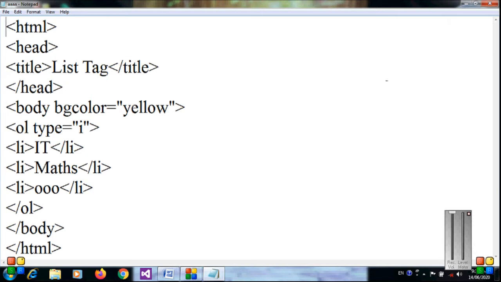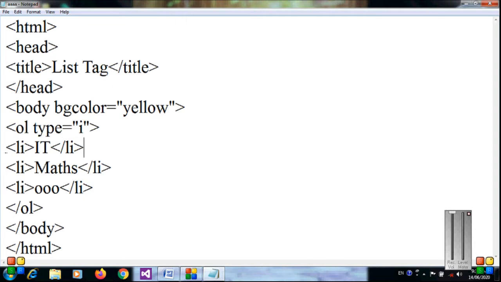After that we are going to create a list. To create an ordered list we can use the OL tag. OL means ordered list. OL type is equal to, here I use the Roman 1.